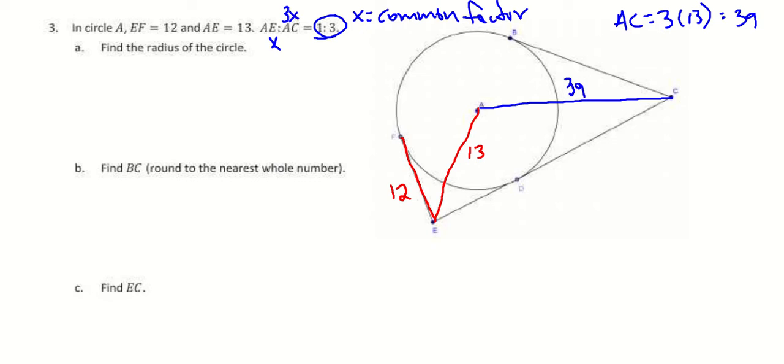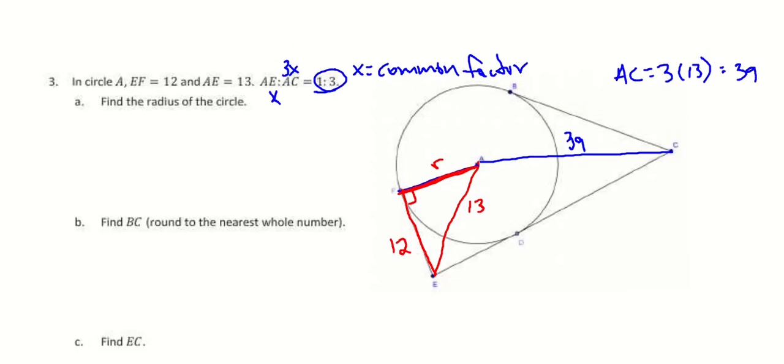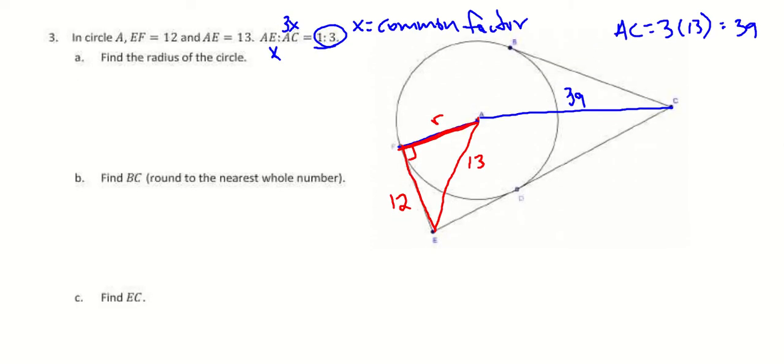We want to find the radius of the circle. So the radius we could draw in would form a triangle here, right? Let's do it in red just so you can see the red triangle. Here's a red triangle with the radius. And remember, this line is tangent, right? EF is drawn tangent to the circle. So this is going to form a right triangle here. Okay, so we are going to want to